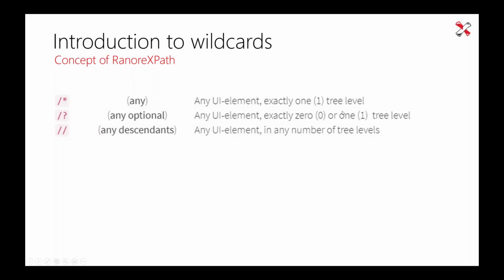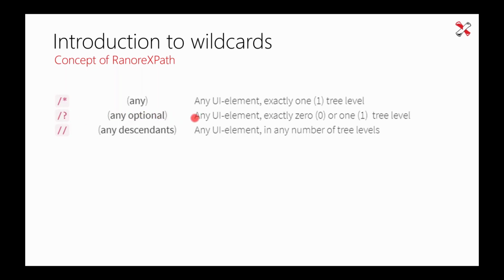We distinguish 3 different wildcard operators. 2 of them you have already seen. Let's start with the 3rd one here. So it's the any descendants wildcard. It's the / here, and it tells us the UI element could be any UI element in any number of tree levels. So we're searching for an element no matter where it is, down from the position where this wildcard is located. What we had before is this / with the wildcard with a question mark,